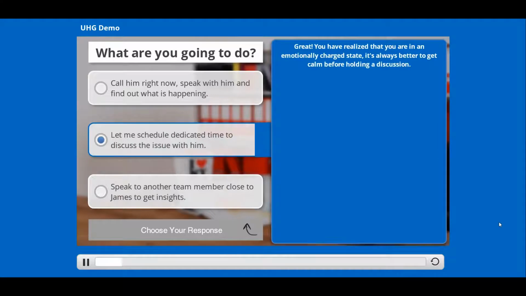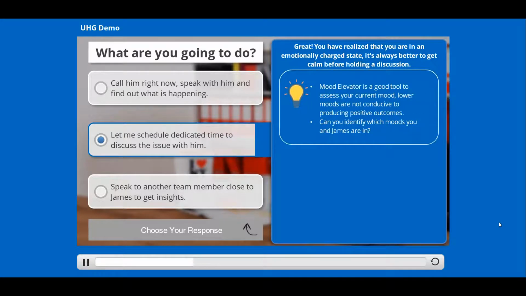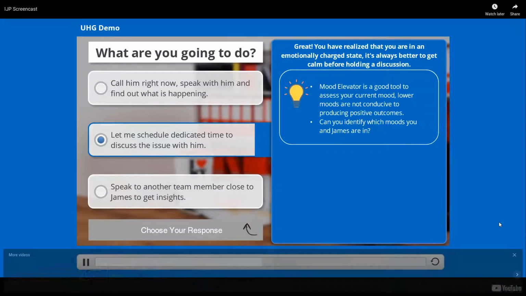Great. You've realized that you are in an emotionally charged state. It's always better to get calm before holding a discussion. Mood Elevator is a good tool to assess your current mood. Lower moods are not conducive to producing positive outcomes. Can you identify